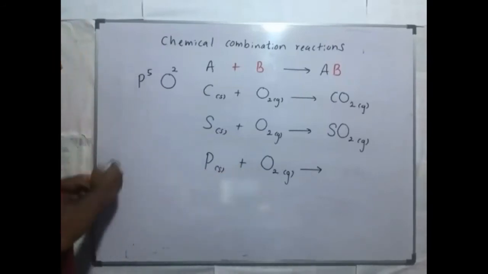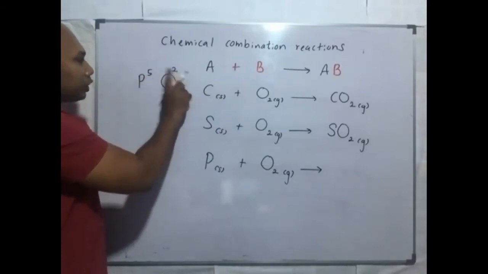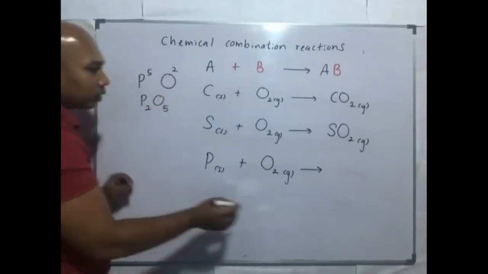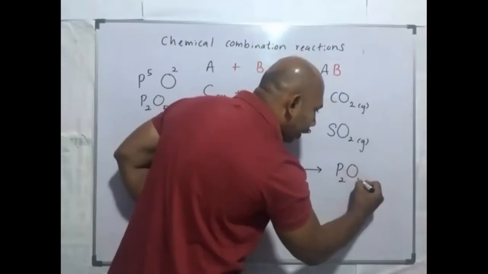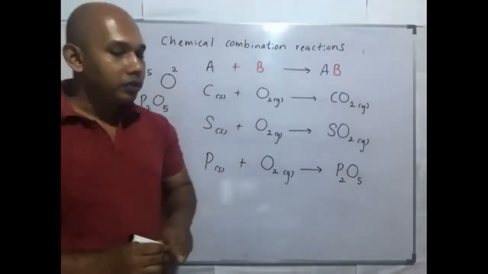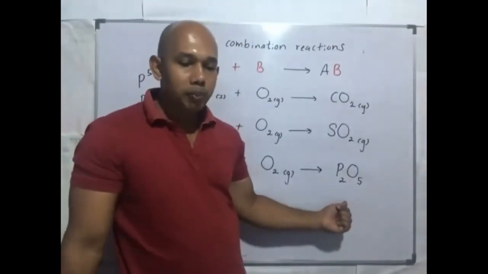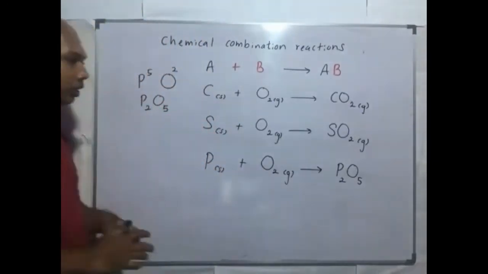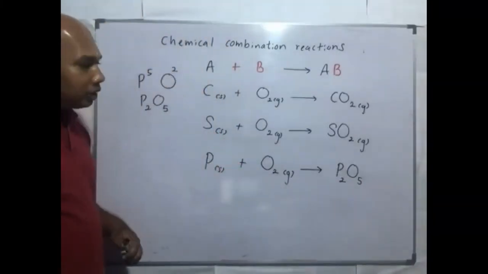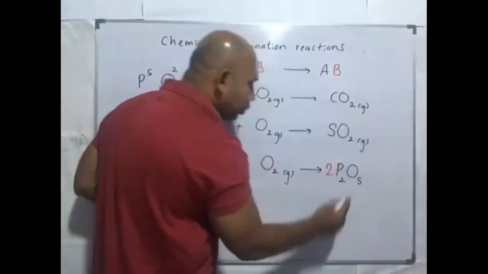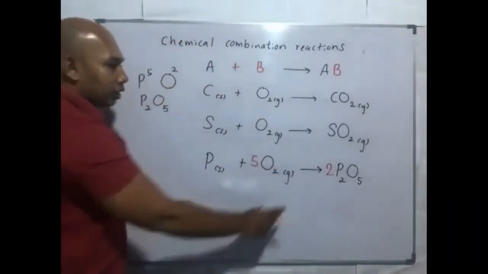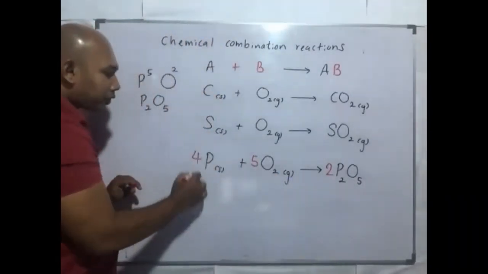Phosphorus plus oxygen. Valency of phosphorus 5, oxygen 2. Then we exchange the valency, P2O5. Formula P2O5. How do you call that? Phosphorus pentoxide. P2O5 means phosphorus pentoxide. Okay, then look at the odd number 5. Therefore, we have to convert this to an even number, multiply by 2. 2 into 5, 10. In here, multiply by 5. 2 into 2, 4 phosphorus. 4 phosphorus. Balance.